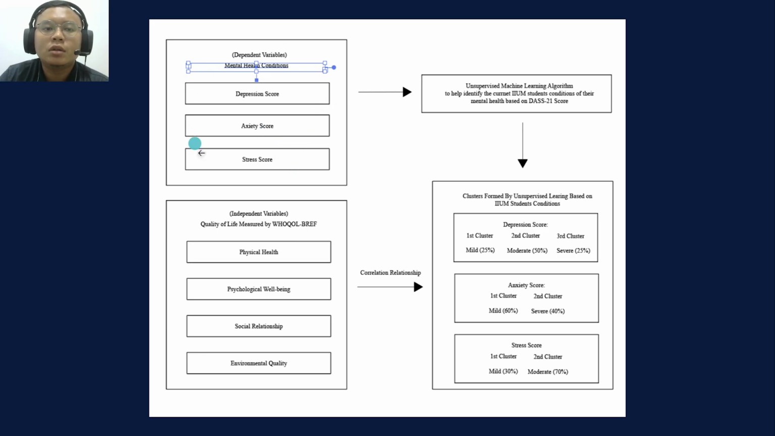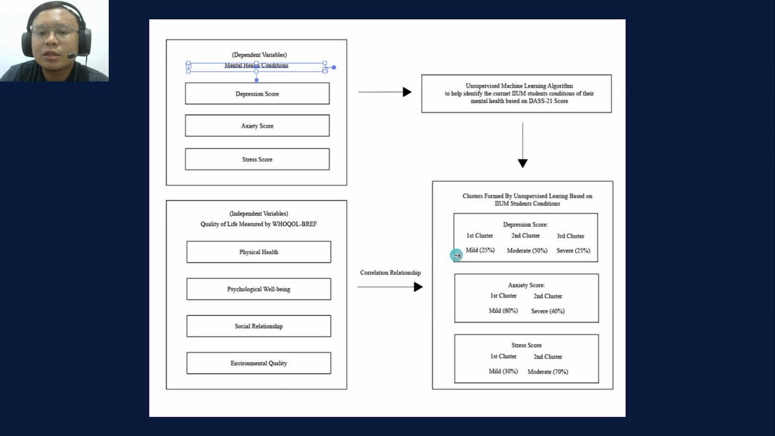And then based on these scores generated, we are trying to use a machine learning algorithm, that is the k-means algorithm, in order to cluster and form specific and distinct groups based on the patterns found by the algorithm. For example, here the depression score is generating 3 different groups: the first cluster, second, and also the third cluster, with the respective